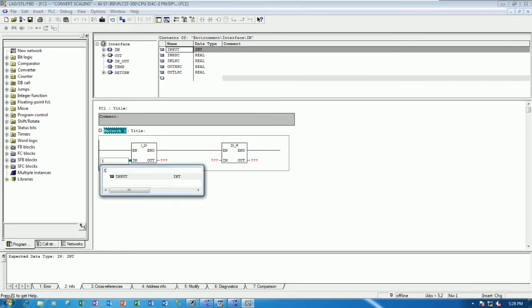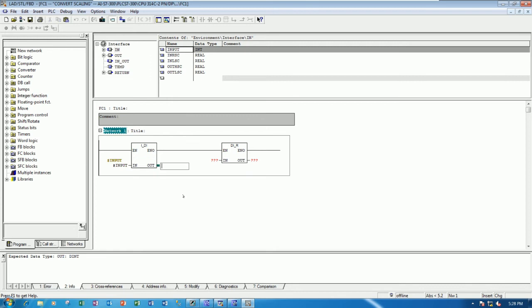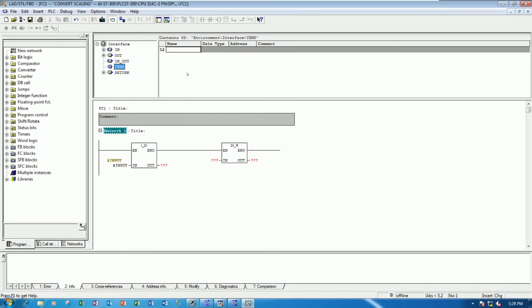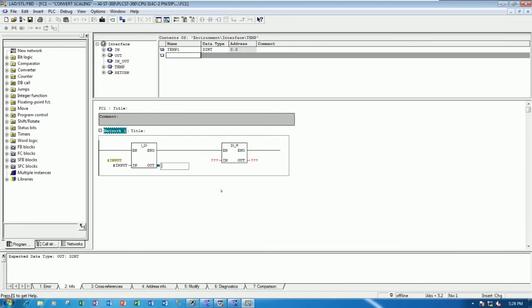So this is the input, and we need to create the temp. For example, temp1. It is the double integer, right? Here is double integer. So the int, it is the temp1,